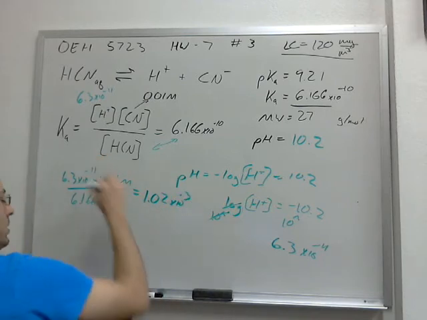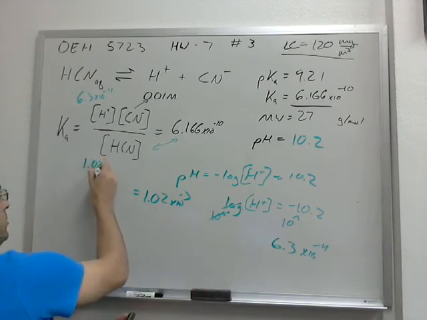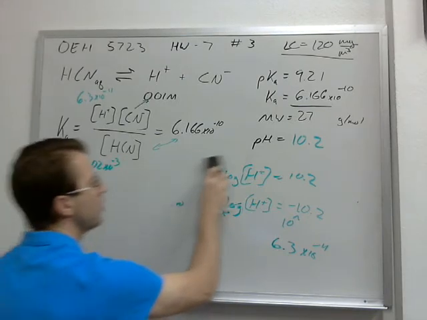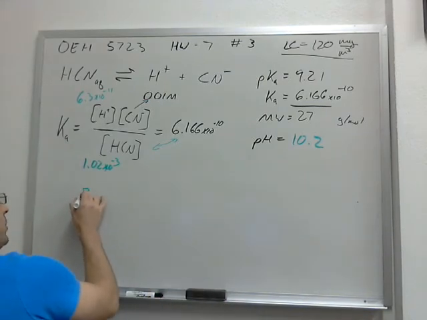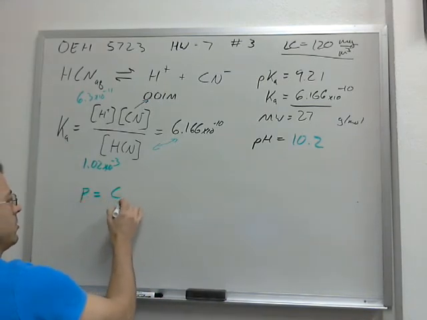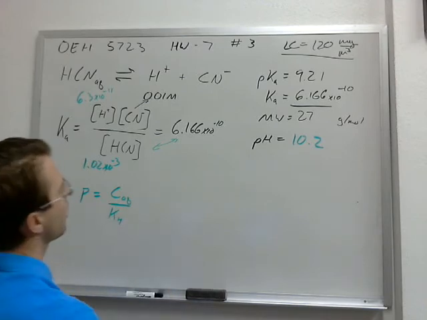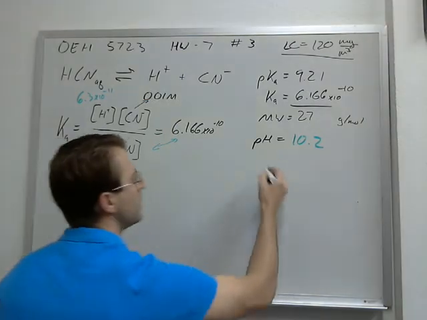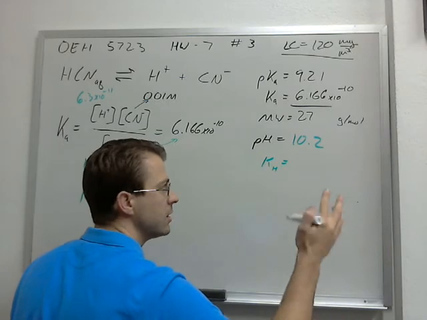So that is our HCN concentration, 1.02 times 10 to the minus 3. Now we go back to our Henry's law, where our pressure is going to be equal to our aqueous concentration divided by our Henry's law constant. I keep on erasing this, and I don't know why, but at least I can remember it. So the Henry's law constant, with the units adjusted, should be